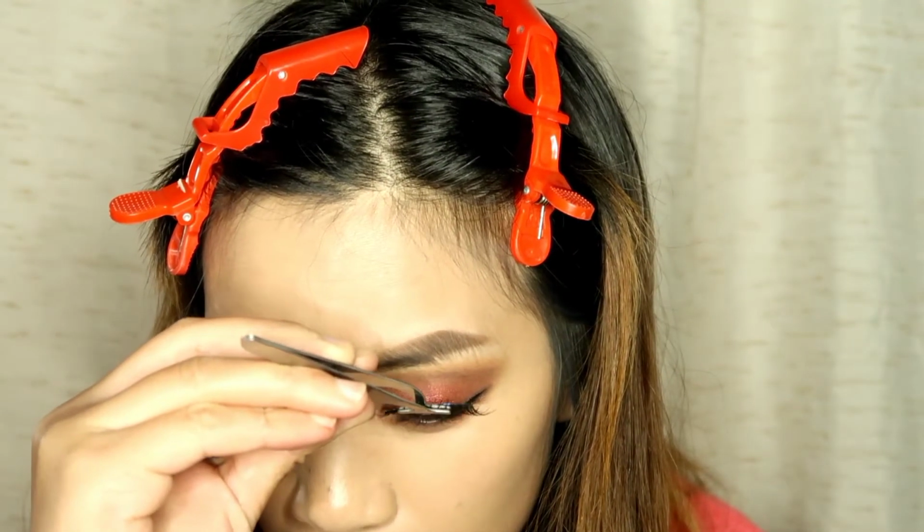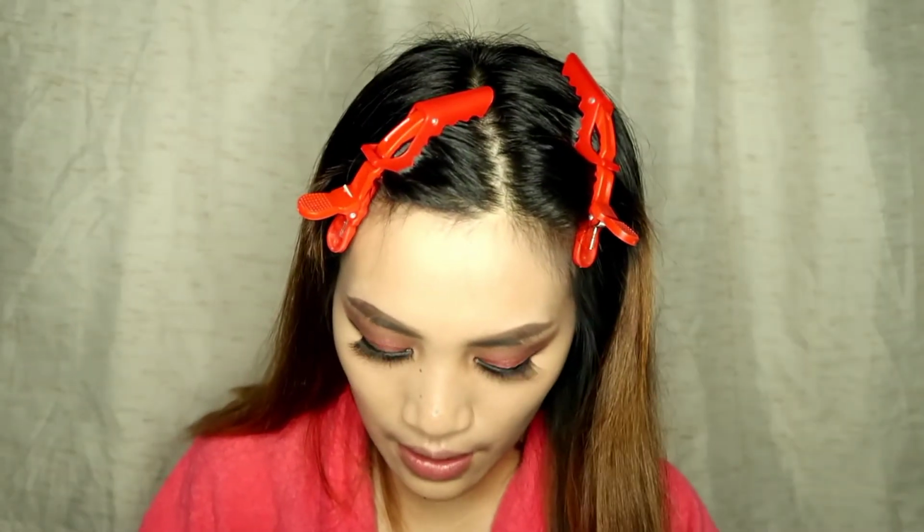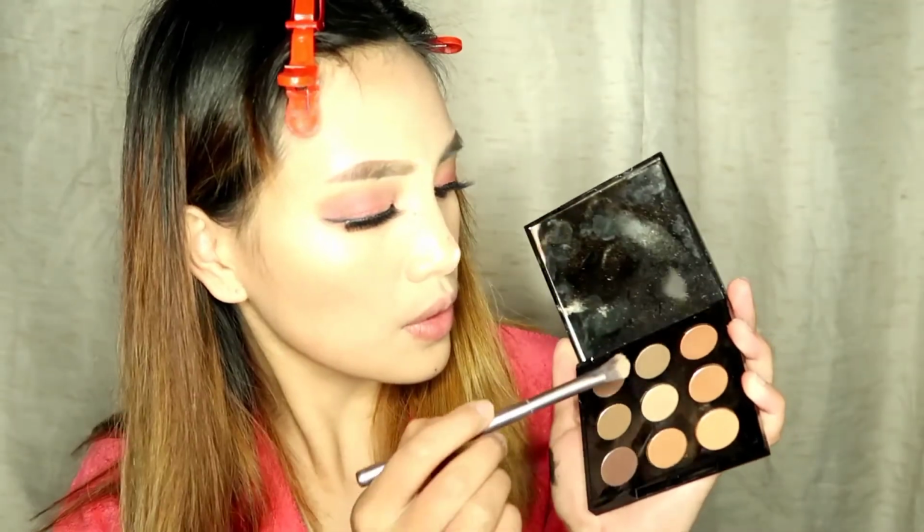Now, let's put some lashes. Okay, so after this, we will finish this with blush. So again, this nude. Here. For my contour, I am going to use the same palette. This